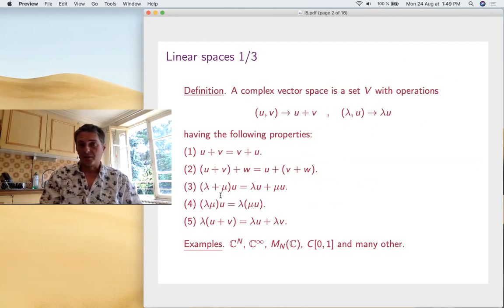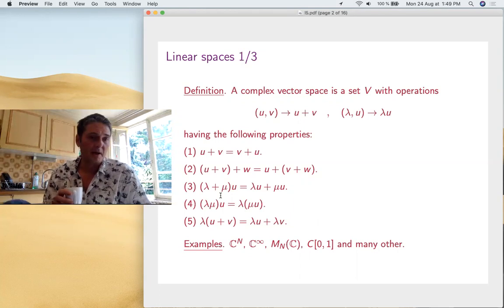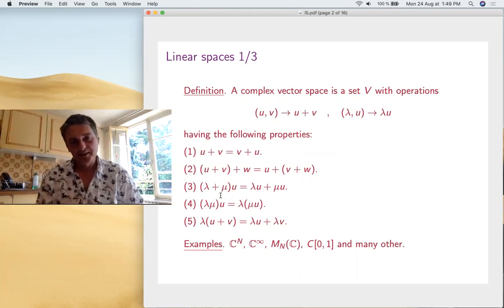So what's a linear space or complex space, vector space? There will be all complex spaces here. So it's a space with the sum and multiplication by scalars. And the rules are those that you see here, 1, 2, 3, 4, 5. It's exactly as for the vectors, all the trivial things that happen there for vectors. We'll put them as axioms here. So the thing is now, are there any other axioms to be added? And the answer is no.